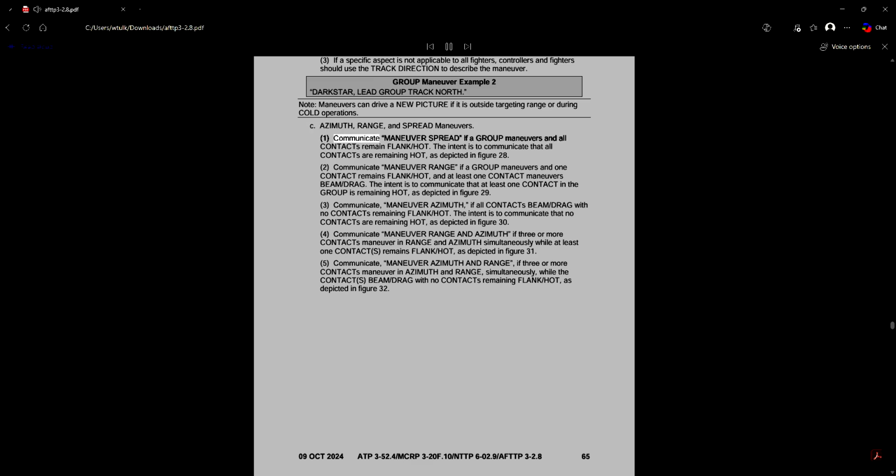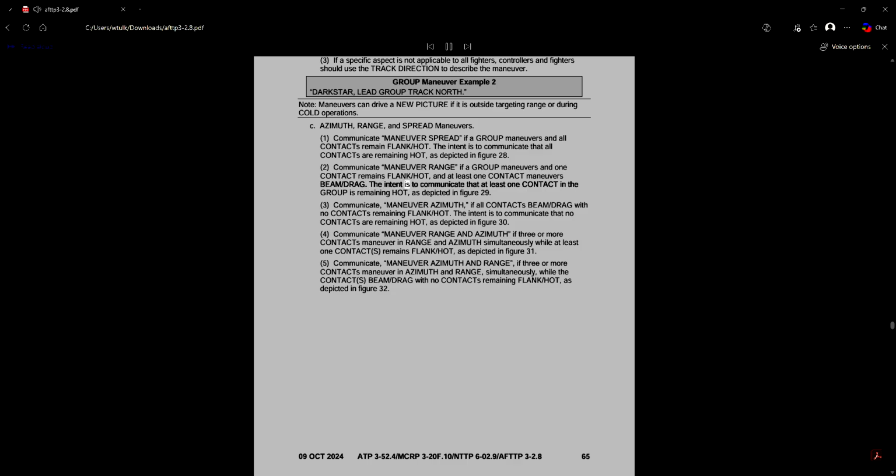1. Communicate maneuver spread if a group maneuvers and all contacts remain flank/hot. The intent is to communicate that all contacts are remaining hot, as depicted in Figure 28. 2. Communicate maneuver range if a group maneuvers and one contact remains flank/hot and at least one contact maneuvers beam/drag.